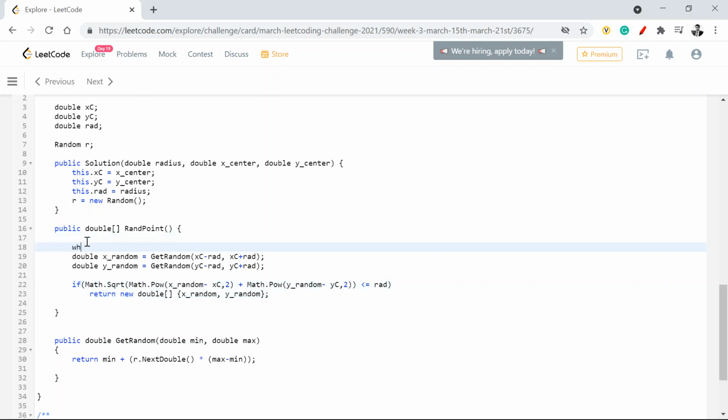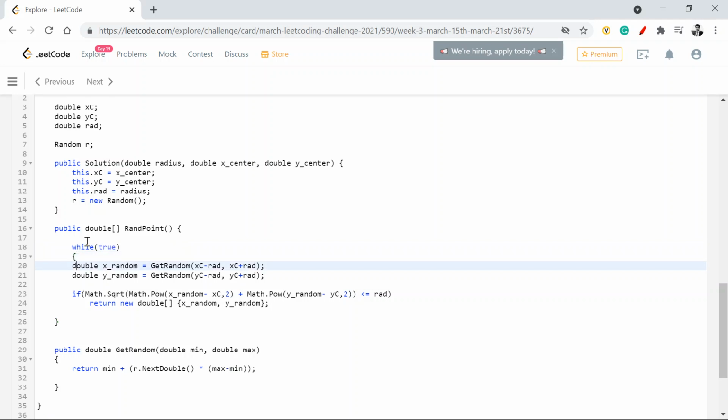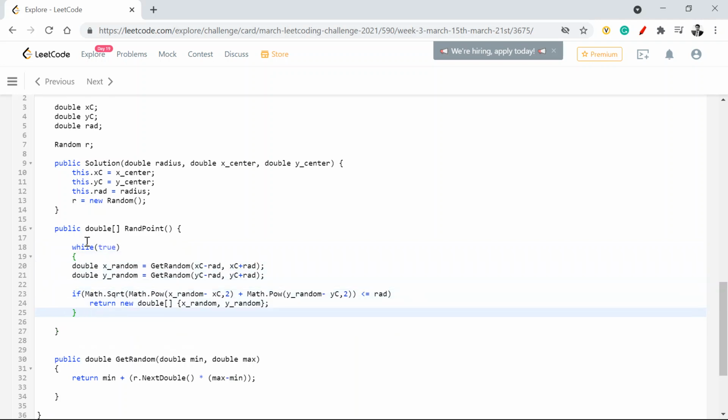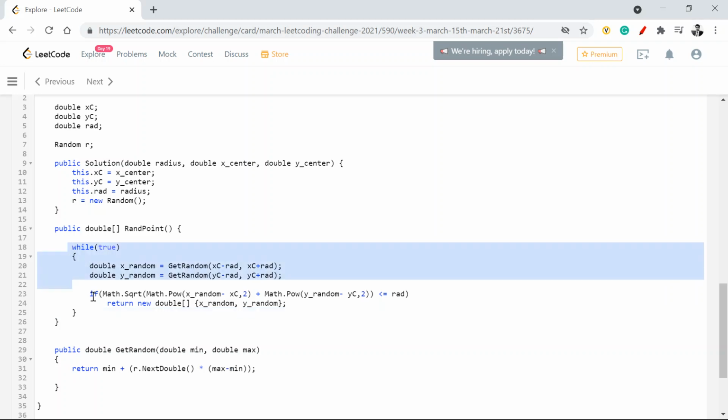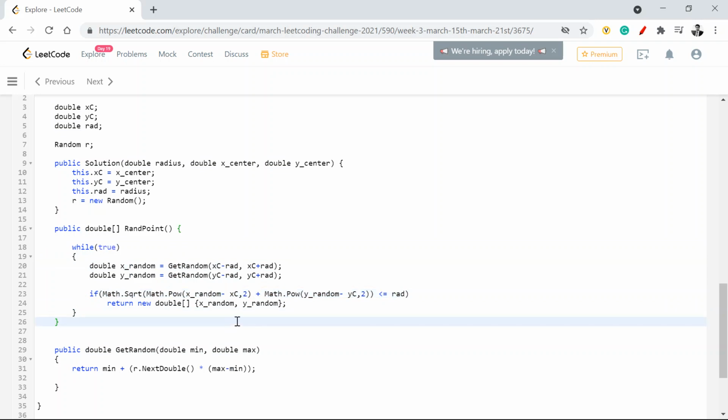So I'll do a while loop, until this step is true, right? Otherwise, I'll keep on iterating until I find these values. I hope you understood this. So I'm going to iterate through this loop until I find a random x and random y which satisfies this condition. And if it satisfies this condition, then I'll return the double.